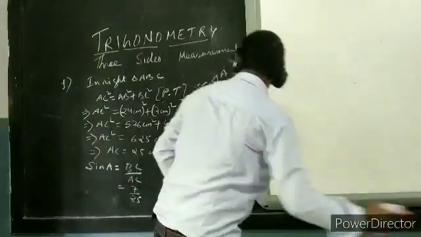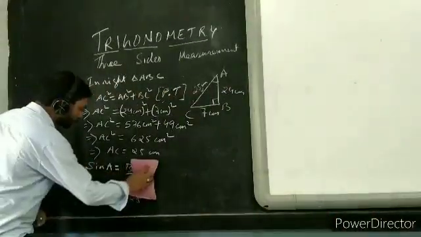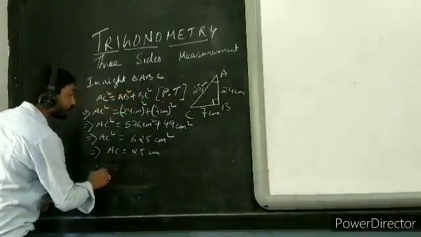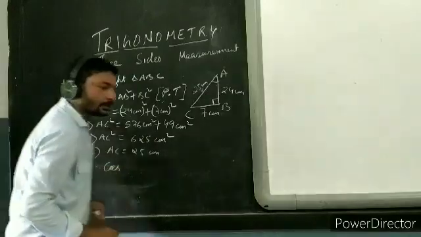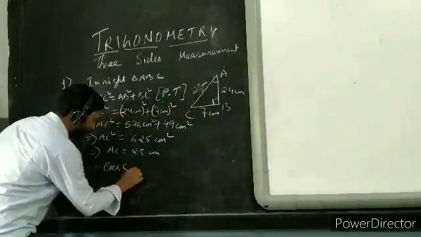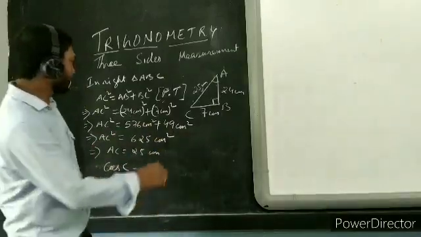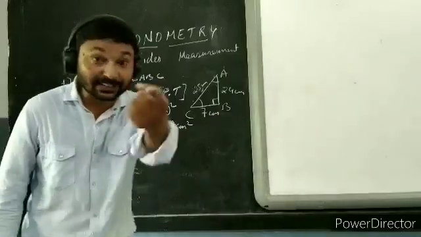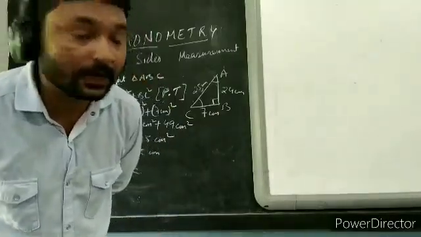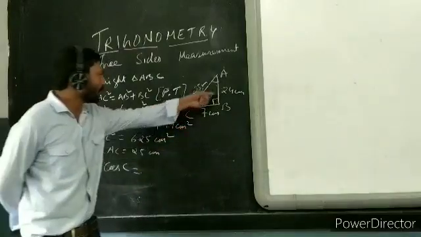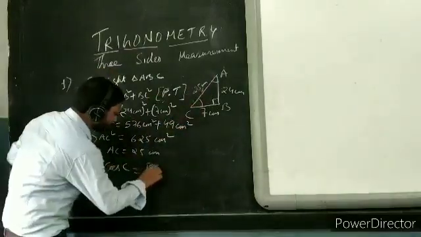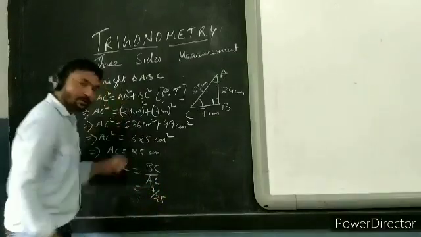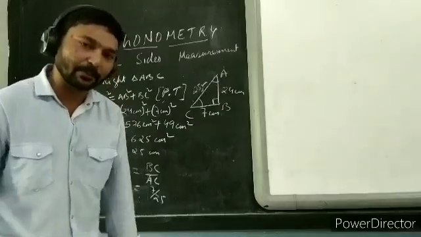Now, this is the first part. When I go for the second part of the question, I am drawing it. The second part of the question is cos C. Now, cos C, C is this one. Cos means what? Base by hypotenuse. I say here, Bhupen Hazarika, B by H. That is BC by AC. Now what is BC? 7 by 25. See, the answer is coming the same for both, cos C and sin A. Both answers are the same. Keep that in your mind, okay?